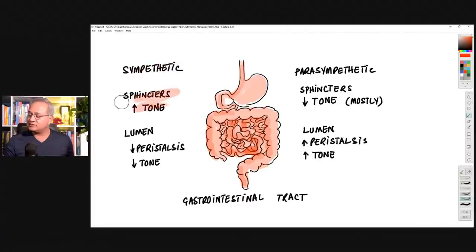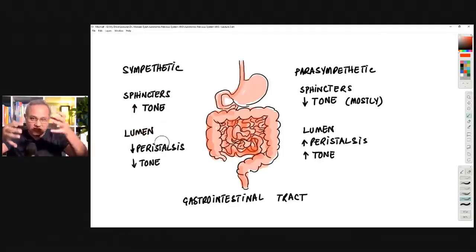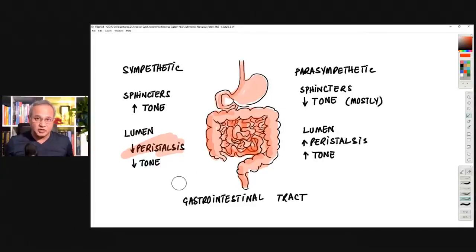So sympathetic system, sphincter tone increase. This is why also there is this expression that, hey, he became so scared that you could hear his sphincters close. When we are in fight or flight mode, our sphincters close. I don't think we can hear them, but they do close. Sphincter tone increases. The muscles in the walls of the GIT reduce their peristalsis, they reduce their activity and their tone. Logical. Parasympathetic, it will go the other way around.